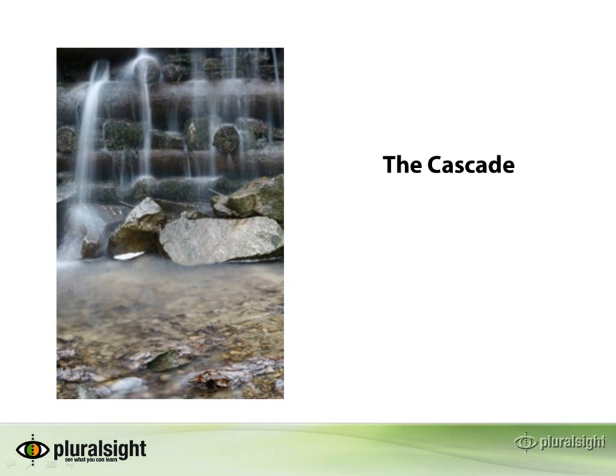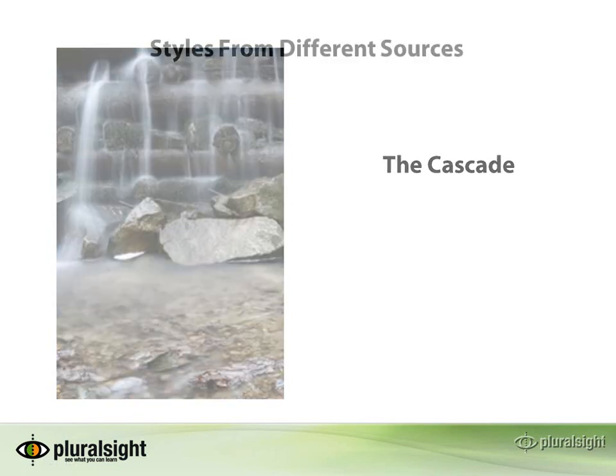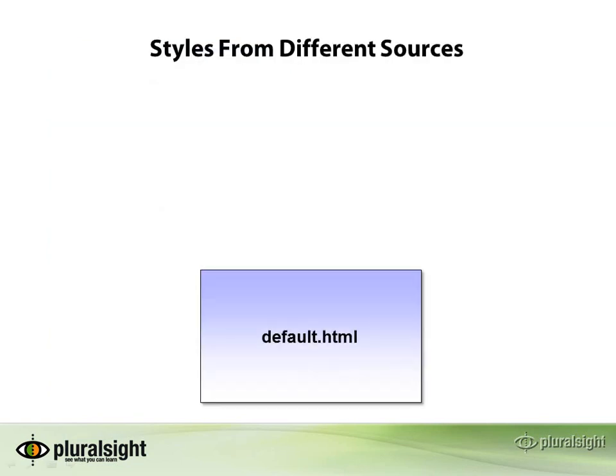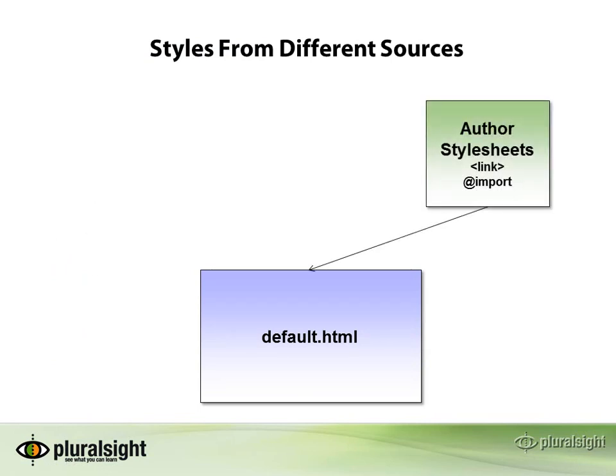To understand the cascade is to understand what styles a web browser will apply to HTML elements, because styles can come from multiple sources. Let's take the example of a web page called default.html. One set of styles can be applied by the author, that is you, the person who is creating the web